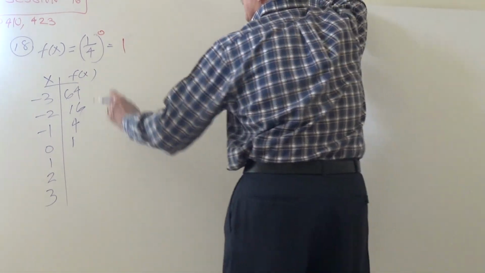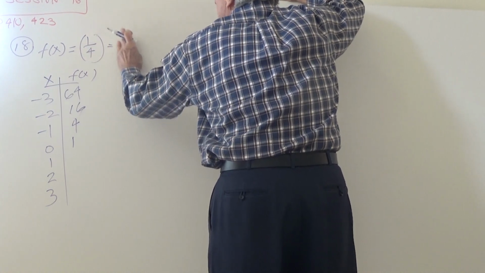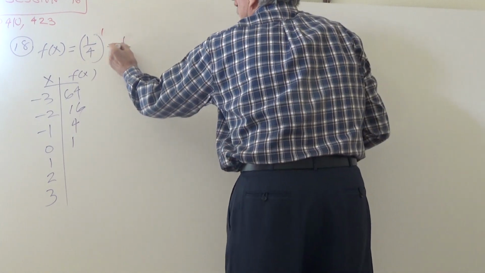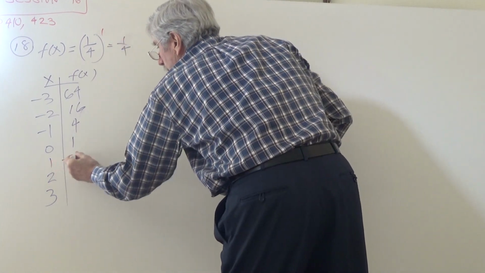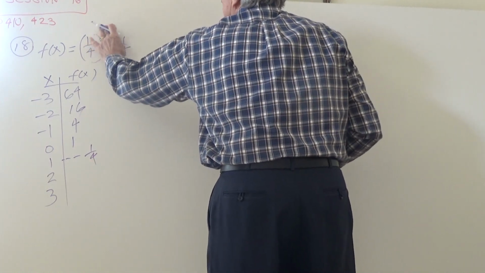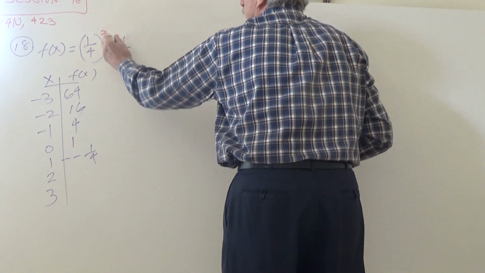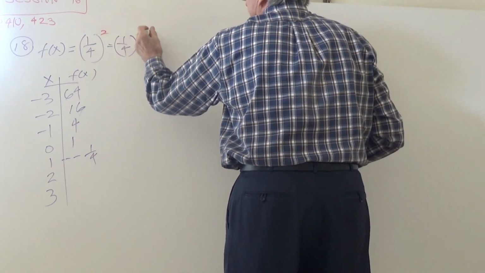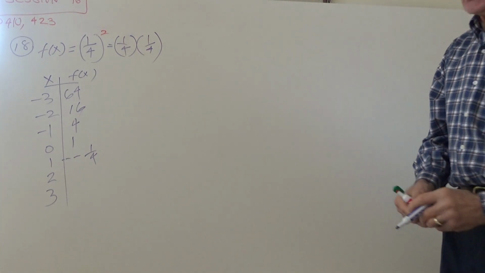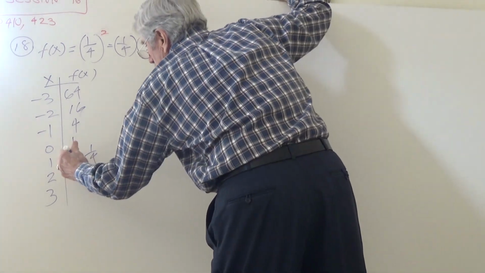And then from here, when x is 1, these are the easy ones you might say. When x is 1, then of course y is going to be 1/4, 1/4 to the 1. When x is 2, and that's not 2/4, remember how you find that, squaring, just 1/4 times 1/4. Really simple, don't make it tough. 1/4 times 1/4 is 1/16. Just multiply straight across, 1 times 1 and 4 times 4. So this is, I should put an arrow there, it looks like